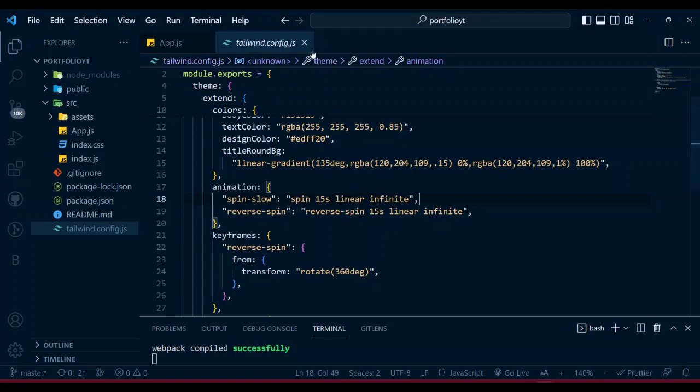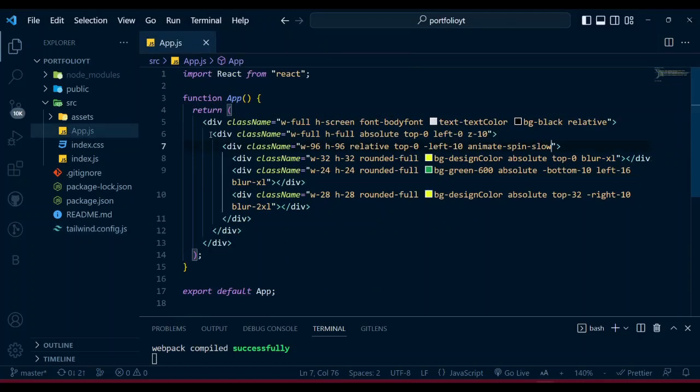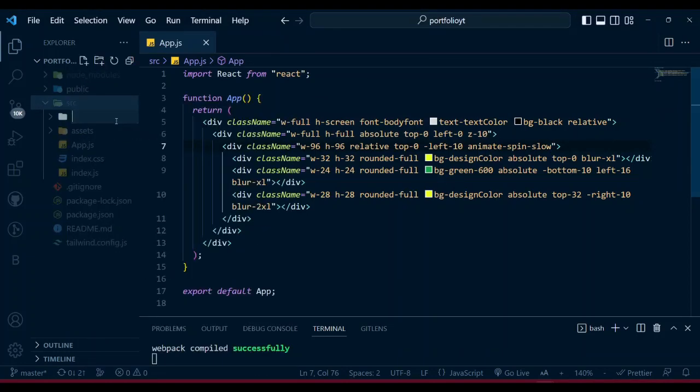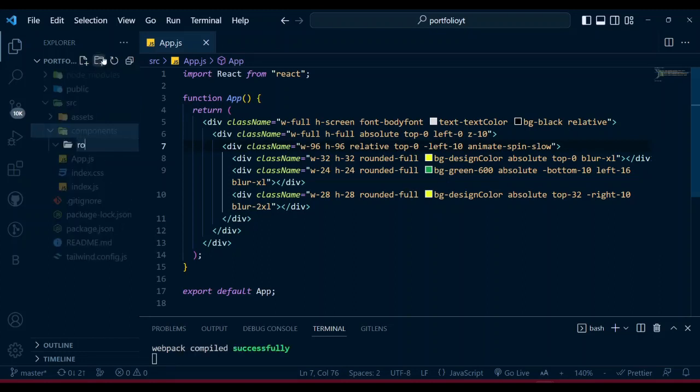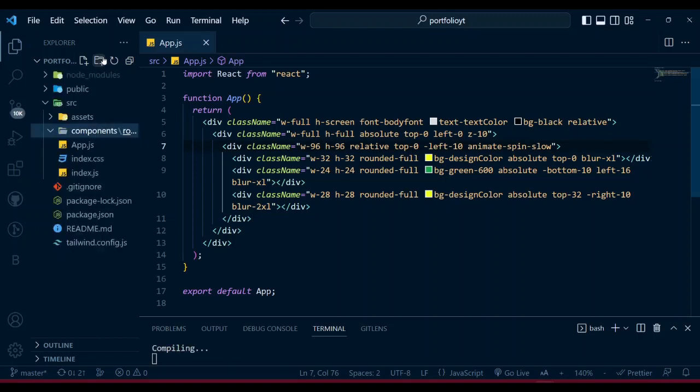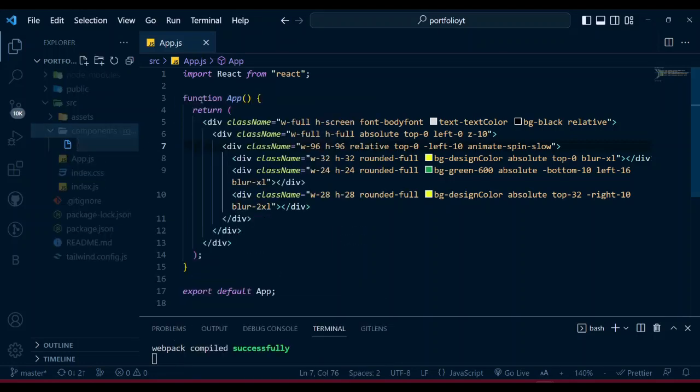So now that round is inside our app, so this does not look very good, right? So I'm gonna create one folder which will be our components. I think I made a mistake. Yeah, components. And inside that components I will create another folder which will take our round designs. All the round designs we're gonna keep inside here. So first of all I'm gonna keep